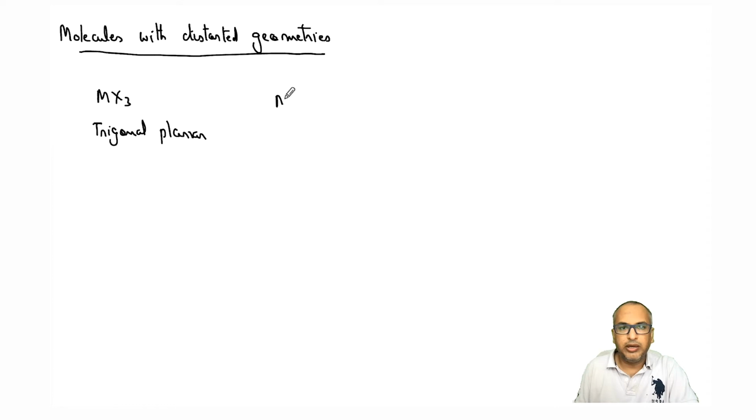So trigonal planar is you have M, X, X, X, right? So this one is simple D3h. Okay, so I'm not going to work out this molecule. I'll just tell you how the distortion changes the point group now. So let's say this is my distortion,